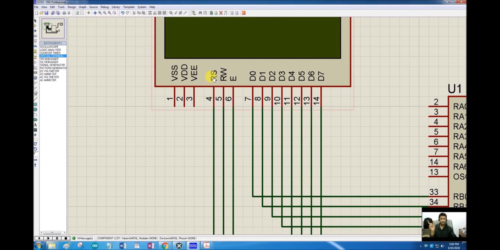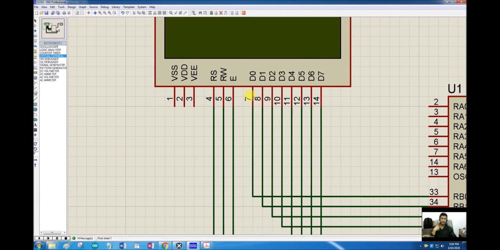There is a separate register inside this LCD for command. There is a separate register inside this LCD for data. So to whichever register we write, the information that is currently available on these 8 pins will be considered as a command or as data.